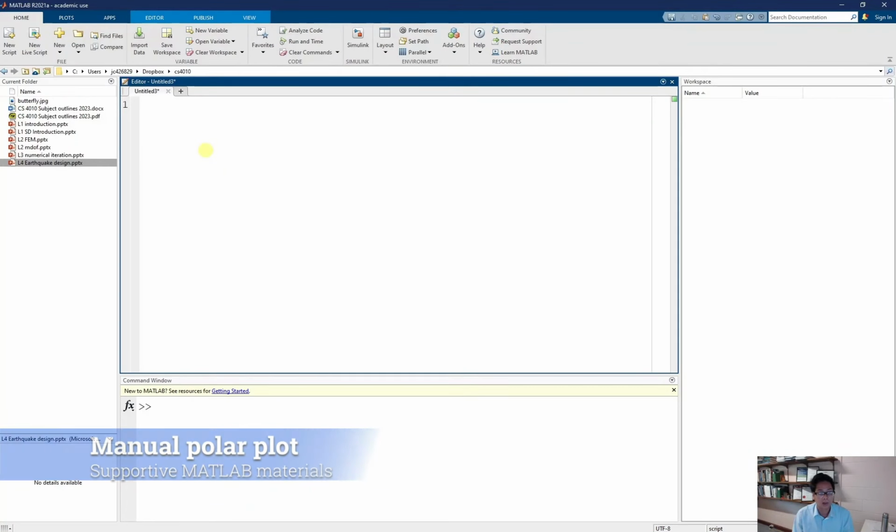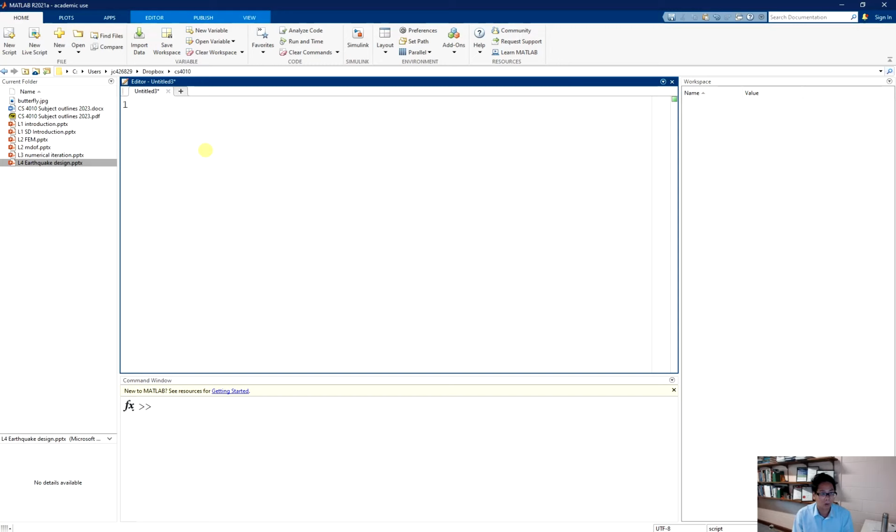In this tutorial, I'm going to guide you how to do polar plot manually in Matlab. This is just for fun. I know that Matlab has a polar plot command, but in this tutorial, I'm going to guide you how to